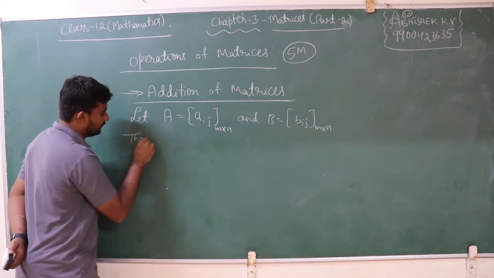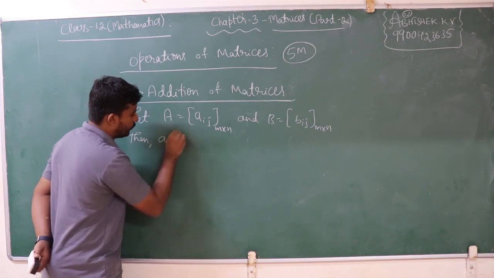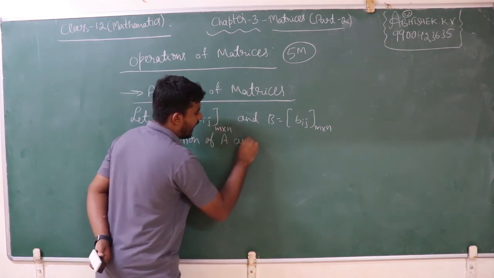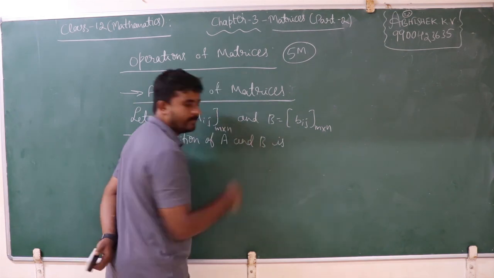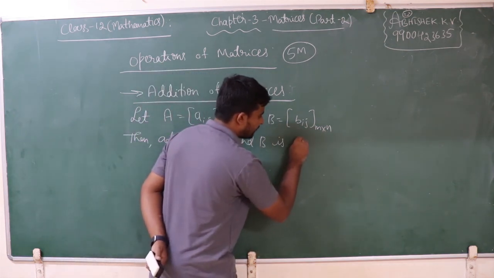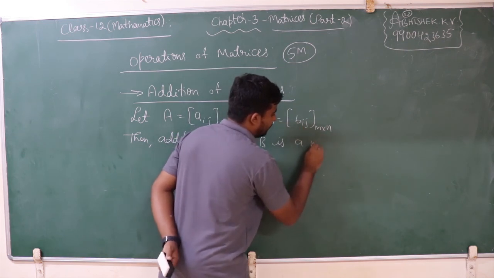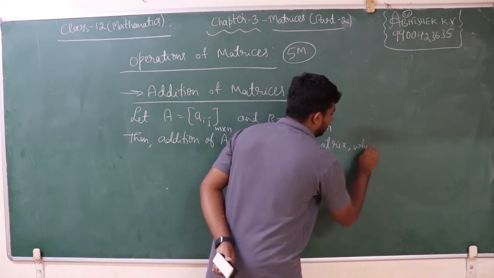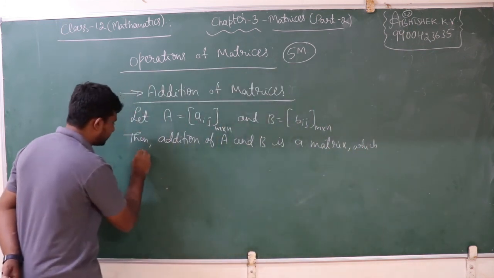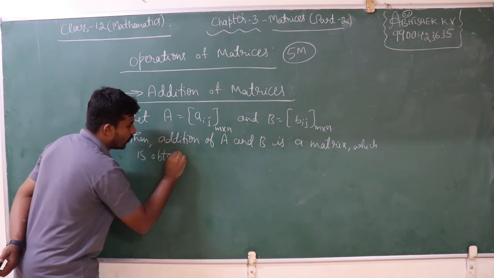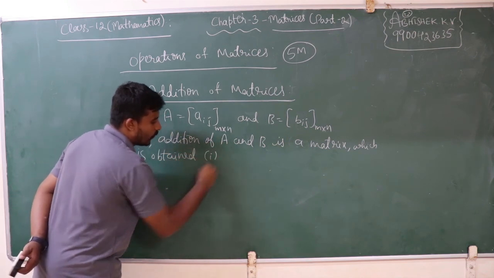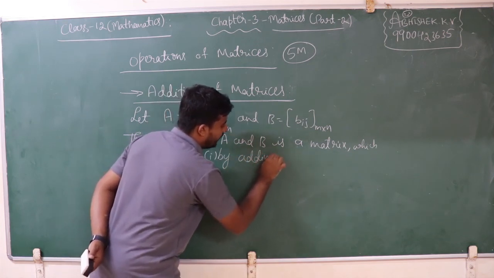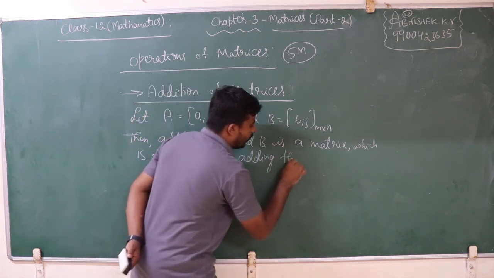Then the addition of A and B is a matrix which is obtained by adding the corresponding elements